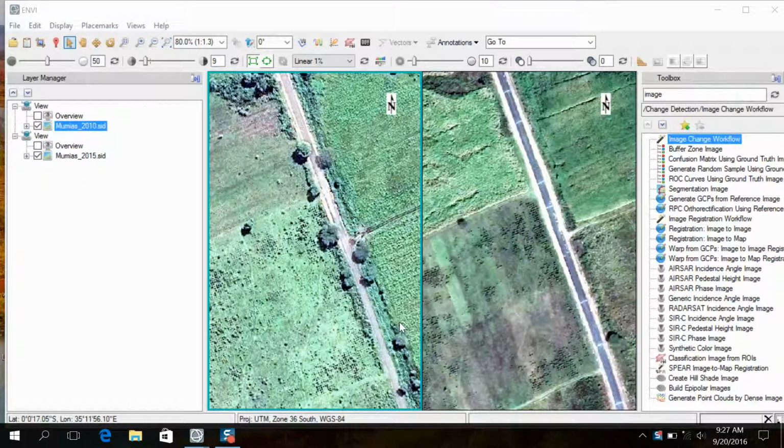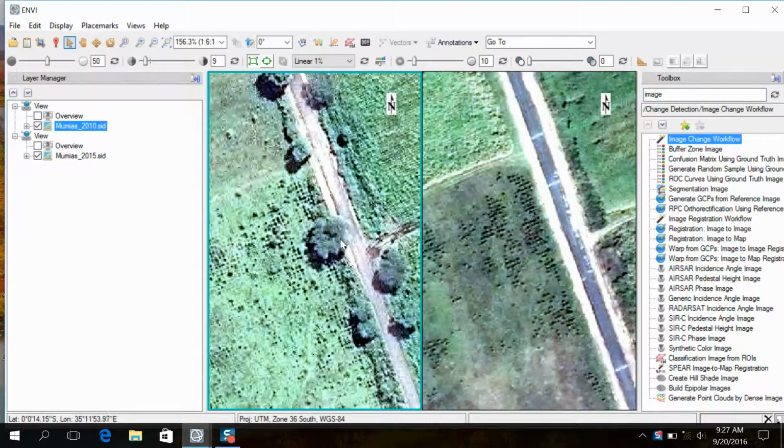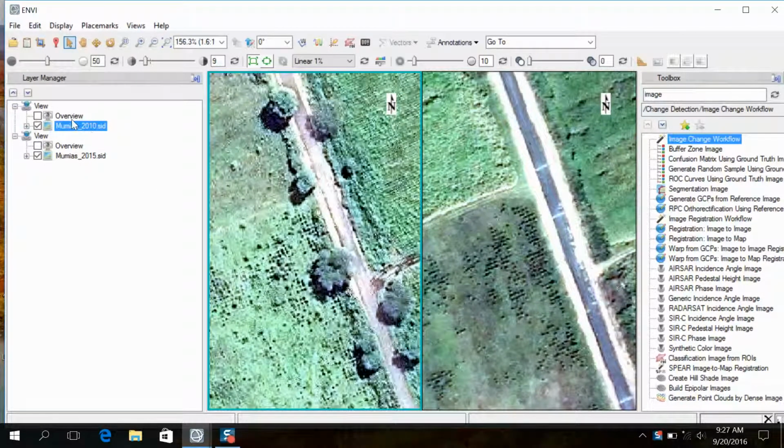Today we are going to look at how you can perform image change in ENVI. This is done when you do not want to do thematic change classification, or you are not interested in the specific classes. You just want to see, for example, areas of big increase or big decrease in terms of the land features. For example, looking at these two images, whereby the one on the left is for 2010 and the